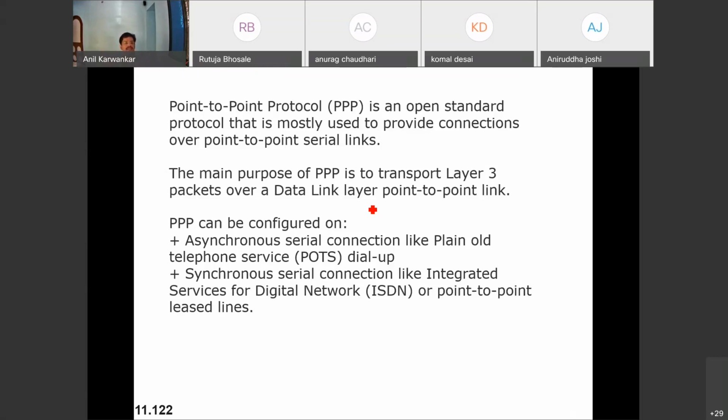In 1999, the development of the ADSL modem took place, and that gave rise to a huge data rate that can be propagated over the existing telephone lines also. But for that also we were utilizing point-to-point protocol. The PPP protocol can be configured by utilizing ISDN lines. The PPP protocol can be configured by using asynchronous serial connections like old telephone lines, that I have just now told you.